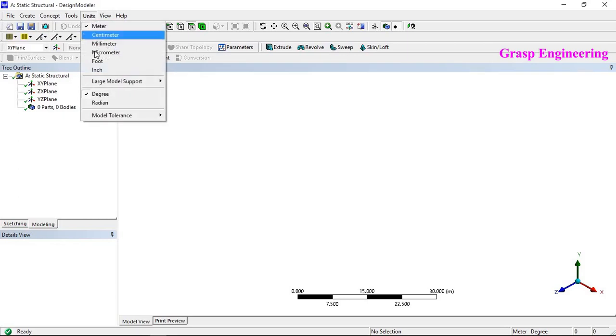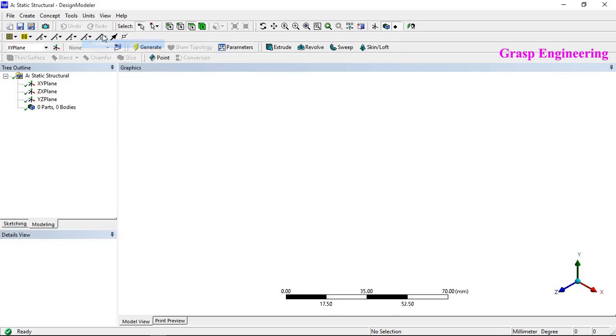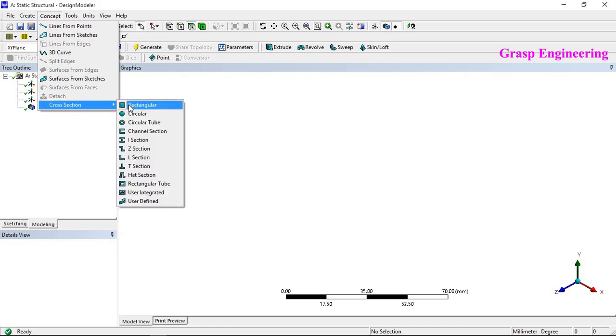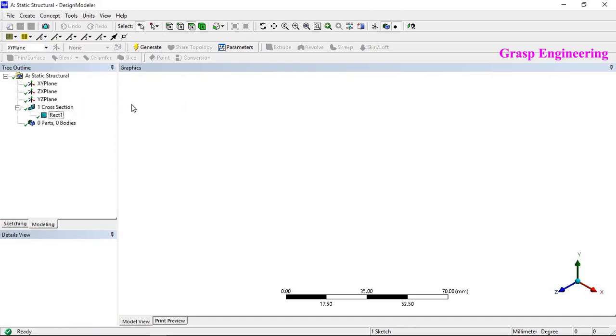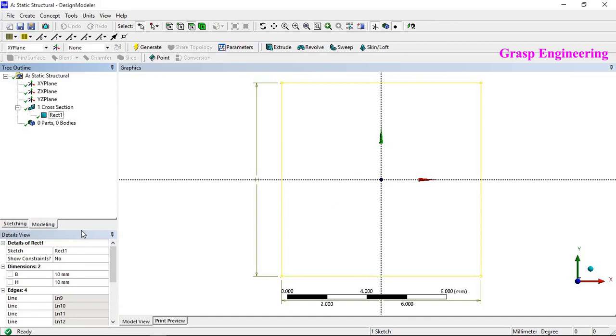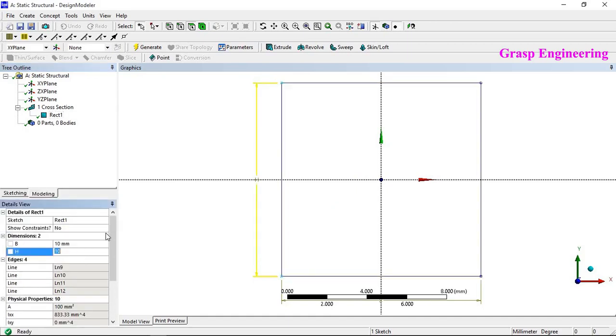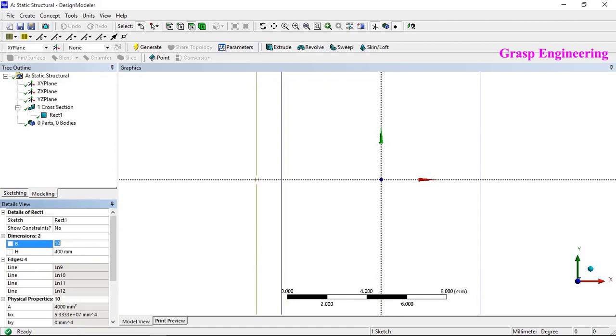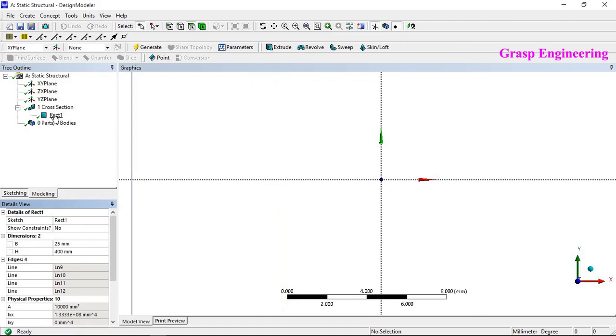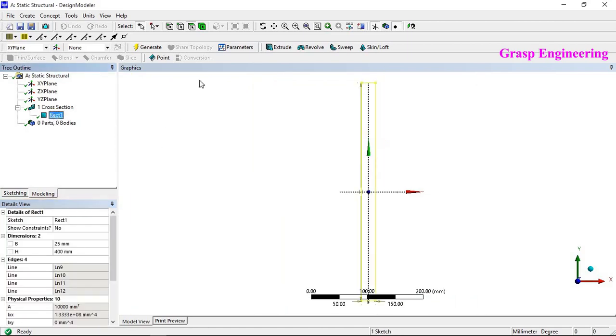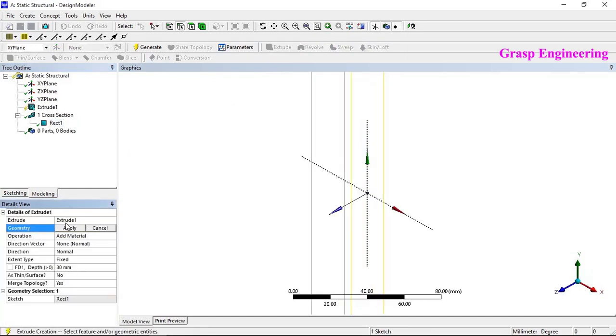Before that just check the units and set your unit preference, then go to Concept and click on Rectangular. As we know, the height is 400 while the width is 25. For this profile we can extrude up to the length of 3000 mm,